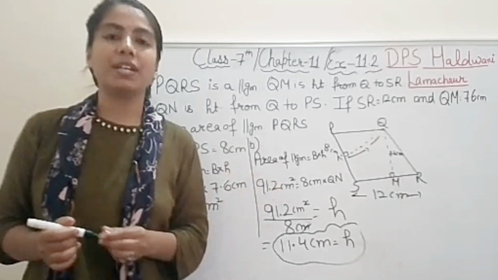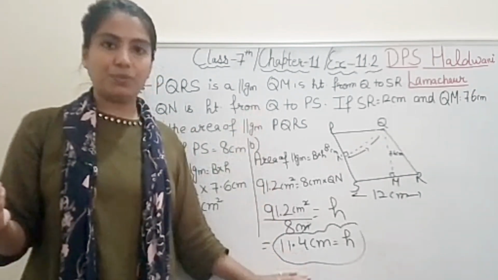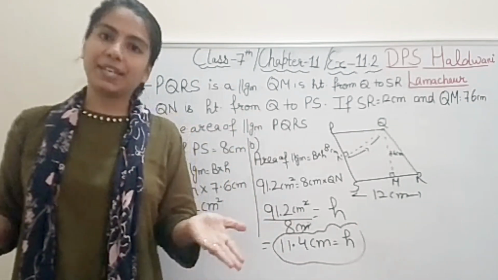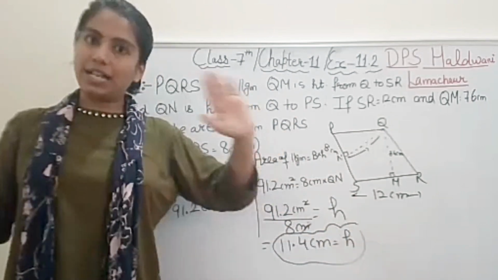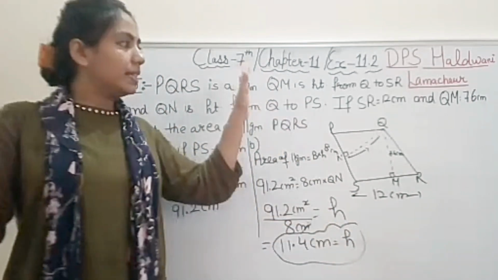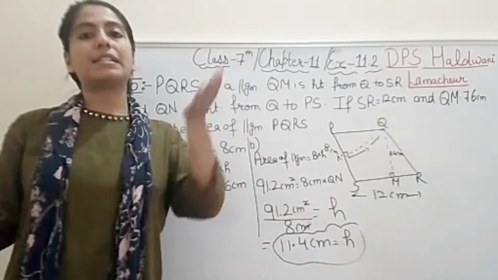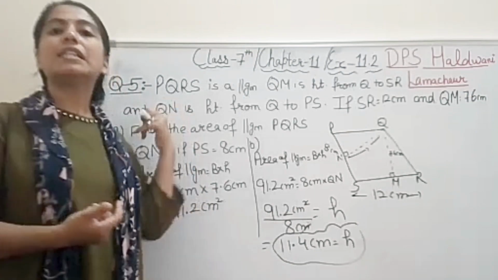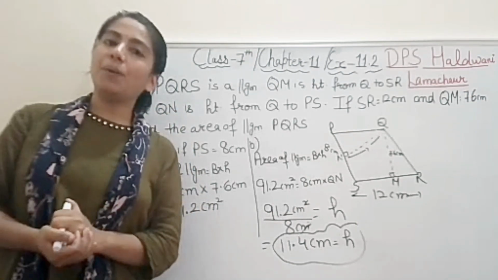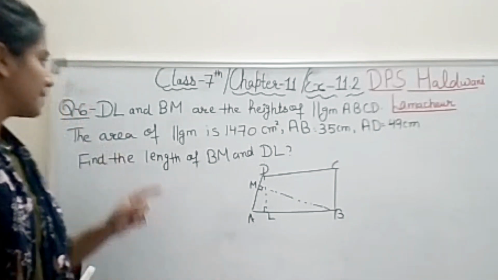Both types of questions, the previous one we had in question number 1, and this type we had in question number 3. Right, student? It means the question is the same as we have done earlier, but the question formation is different. That's it, and you need to understand the question formation only. So this is all about question number 5. Now coming to our next question, question number 6.